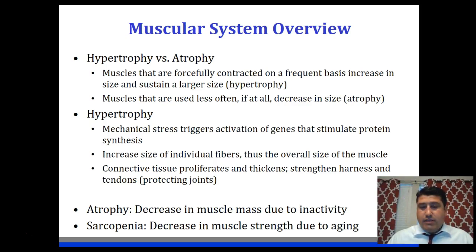So the decrease in muscle strength due to aging is called sarcopenia. That's whenever our muscles just simply get smaller and we start to lose strength. Now, the decrease in muscle mass due to inactivity or a sedentary lifestyle is known as atrophy. We also experience atrophy if we break our arm or something and we have to have it in a cast and it's immobile for a 6-week period or so. We can lose some muscle mass then, but typically atrophy is associated with a sedentary lifestyle over decades of life.